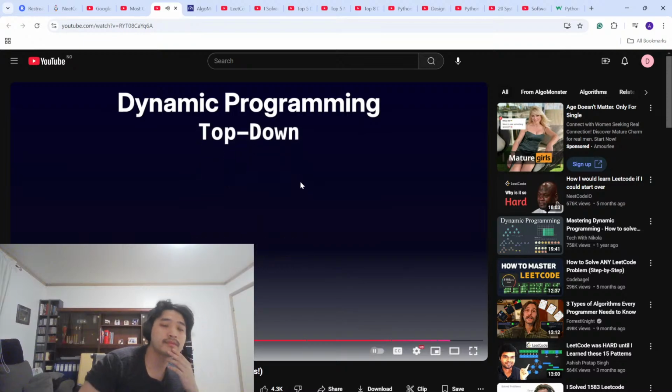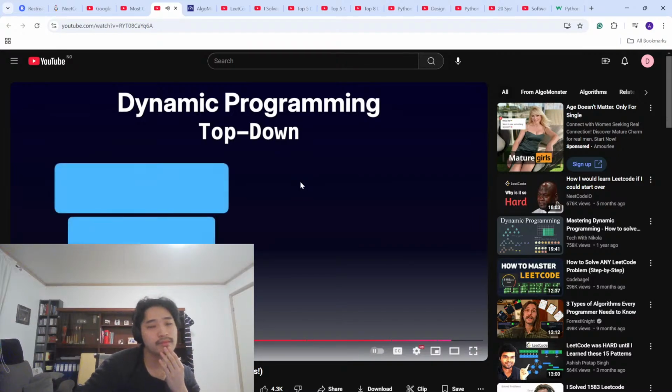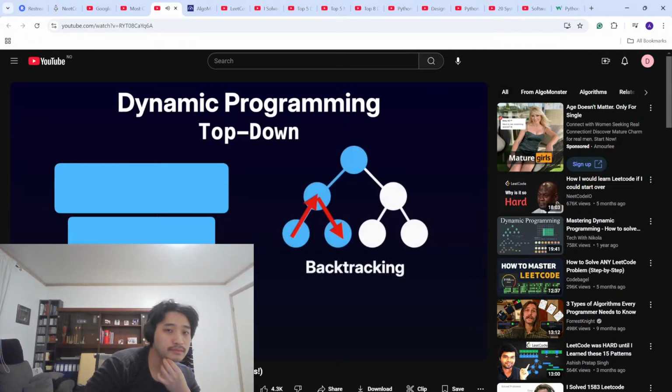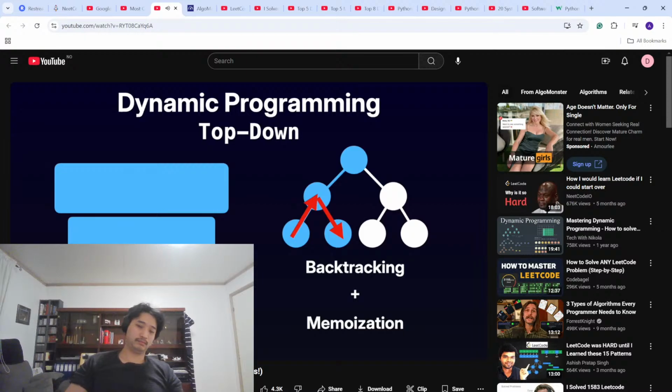Fascinating. In a top-down approach, you start from the main problem and recursively solve its subproblems, storing the results to avoid solving the same subproblem multiple times. This may seem complicated, but you actually already know how to do most of this, because top-down is basically just backtracking with the added step of memoization. Memoization is just a fancy word for a simple concept. It means saving the previous function call result in a dictionary, and reading from it when we do the exact